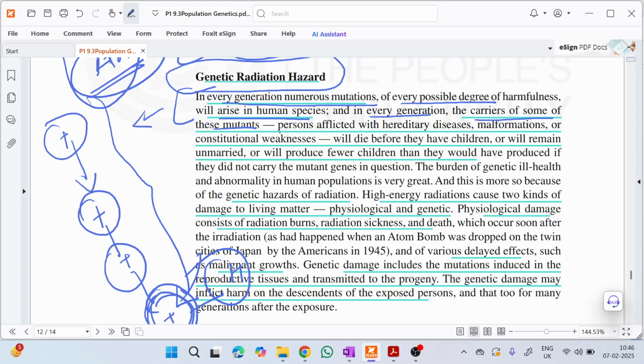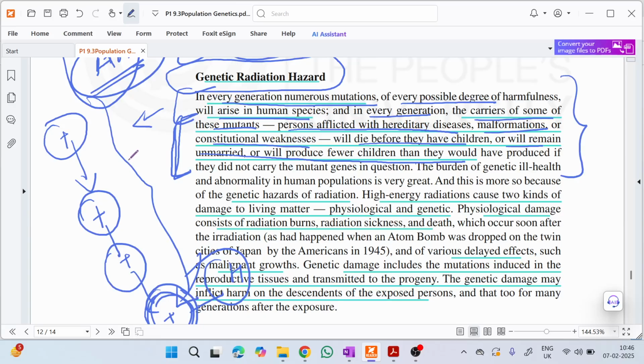So the carriers of these mutations or these mutants, generally the person afflicted with hereditary disease, malformations, or constitutional weakness will die before they have children, or will remain unmarried, or will produce fewer children than they would have produced. So ये तीनों conditions हैं जो mostly देखी जाती है कि if there is a mutant, which means a person carrying a deleterious allele, so either they will die before the age of marriage, or they do not marry,